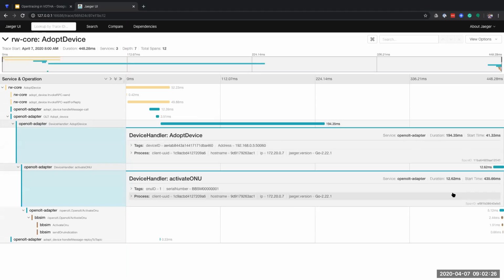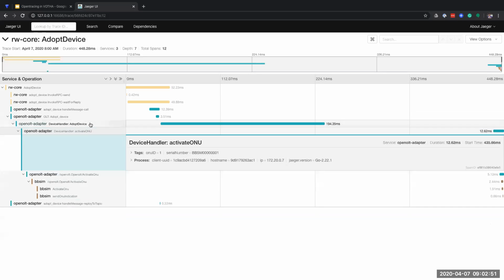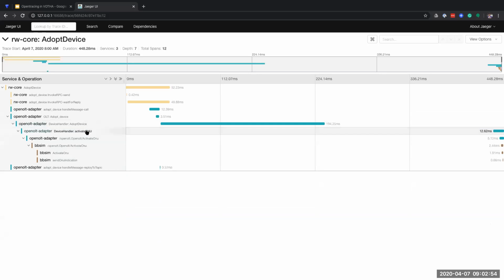So if you would like to monitor all functions in your container, you need to pass the span context to every function you want to monitor. So that will be a bigger effort. It just depends on your requirement. If you just want to know the container level, okay, maybe just focus on the gRPC, HTTP. If you want to focus on the function level, you need to pass the span context to every function you want to use. Okay, so that's just the basic idea of how to use open tracing and Jaeger in our VOLTHA environment. So you will see the time of each operation.